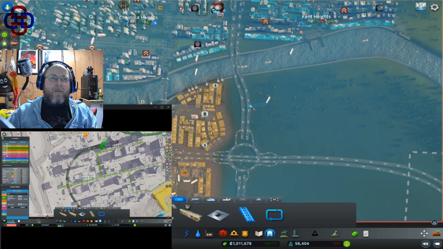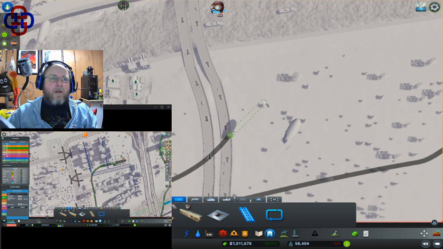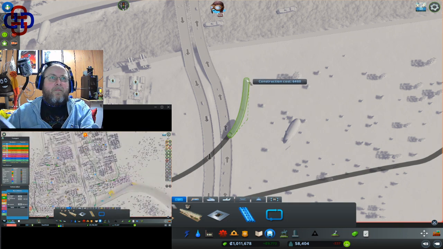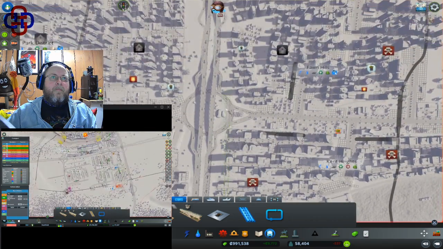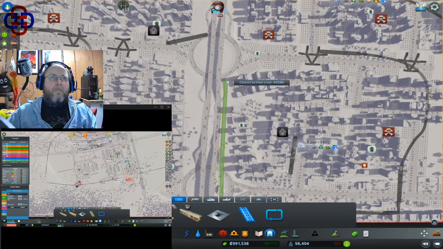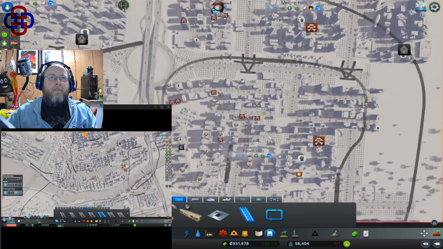Learning curve. No, not on the surface. Connect to the rail line. There you go. There's that one. So now you've got from one side of the city to the other side of the city, including a spot on the side that has all of the infrastructure for your industry. And now